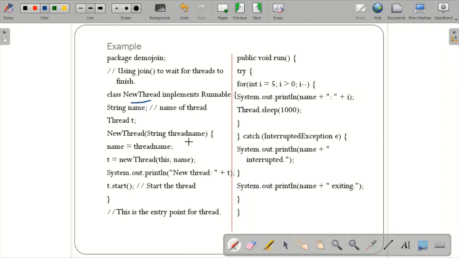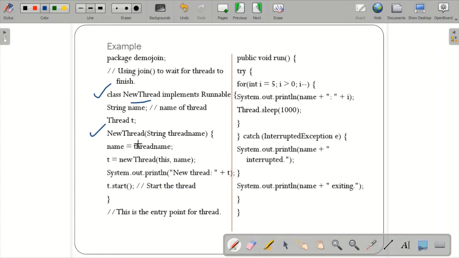This is the constructor I'm going to call within this class. I have String name and Thread t. When I create this thread t, the object of this particular thread, the thread is in the born state, ready for start or stop, as we saw in the life cycle of the thread.